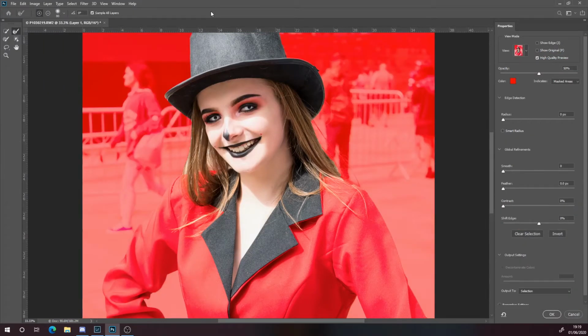And if you've seen these videos before, you'll know that the red overlay shows you the areas that you're masking, which obviously doesn't always help when you've got a red outfit, but we can work around that. Next thing we'll do is we're going to choose the Refine Edge brush tool. We'll make sure we've got plus selected, and we're just going to brush over some of the areas of the